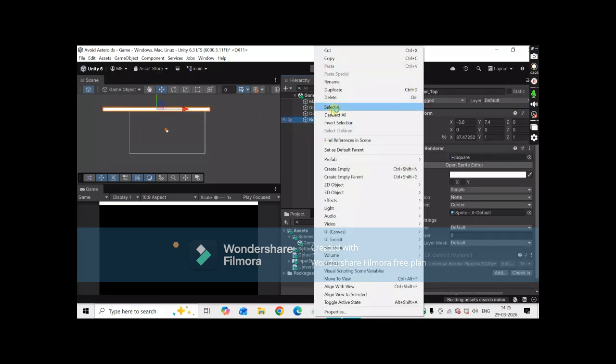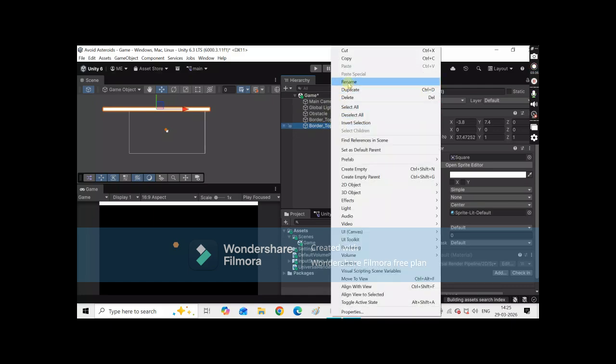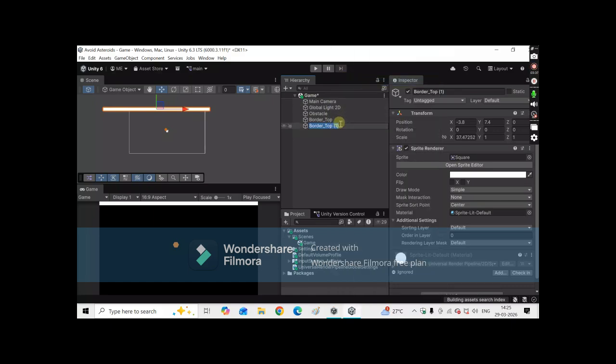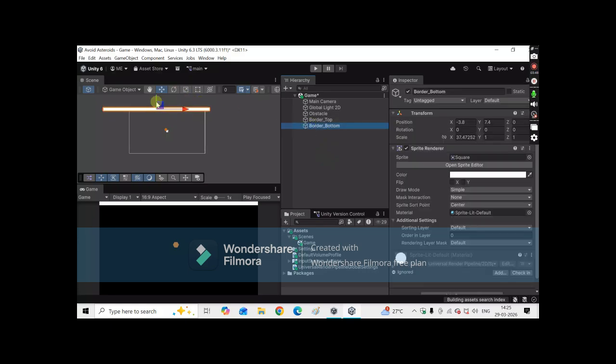We will now duplicate this and rename this object to border underscore bottom. And now we will move this object to the bottom of the screen.